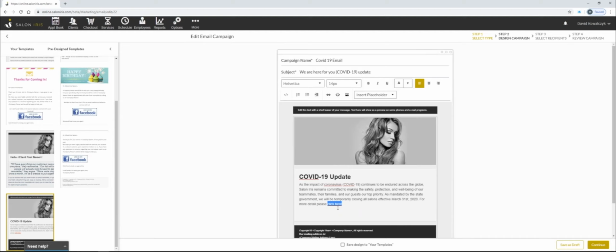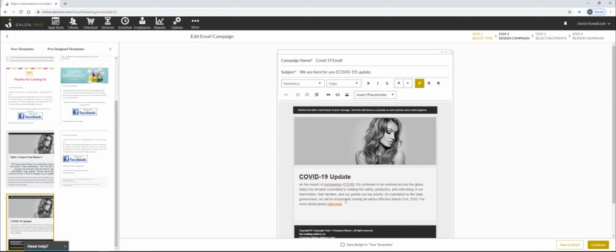When you do click on it, I can't do it here, but it'll navigate them to wherever you're trying to redirect them, which might be your website, or maybe it's your Facebook or your Instagram. So you can embed all of those links, and you could put them all in the emails. You could have Facebook, Twitter, and Instagram, any sort of social media that you might be updating or trying to traffic your customers to. This is a really great opportunity to send out a message to your customers.